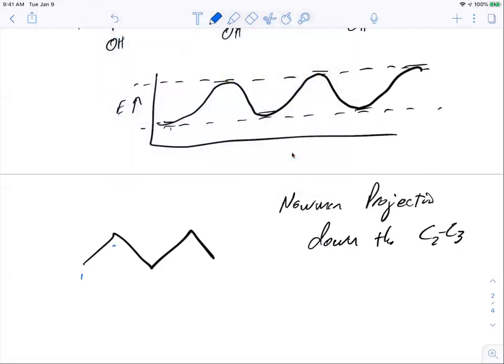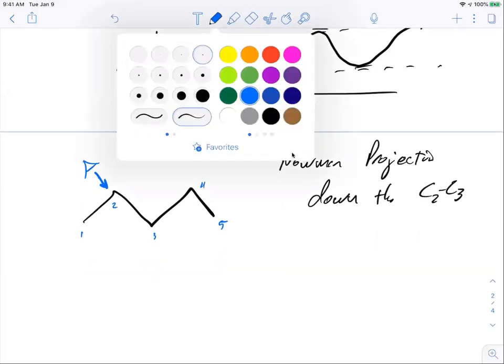So again, think about it. So this is carbon 1, 2, 3, 4, 5. If there was something else attached to that, right, it might be different. So name your molecule and see what carbon is first. If I'm going down the C2C3, that means that I'm looking down this way. Okay, and notice it says C2C3, not C3C2, right? So it's going this direction, not the opposite direction. And then when I draw that, and if it said most stable form,